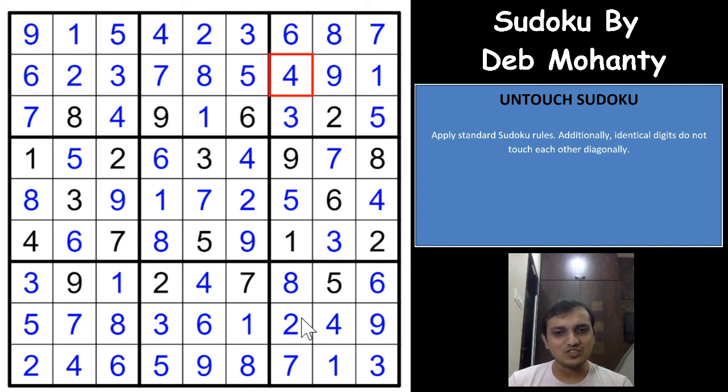It was an excellent solve, such a smooth solve, right? These kind of Sudokus are so much fun to solve. You don't have to worry about bifurcation or anything, or you have to guess here. So it is purely logical and such a beginner friendly Sudoku, right? The rules are quite simple.